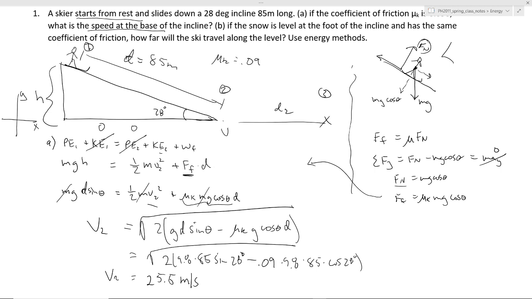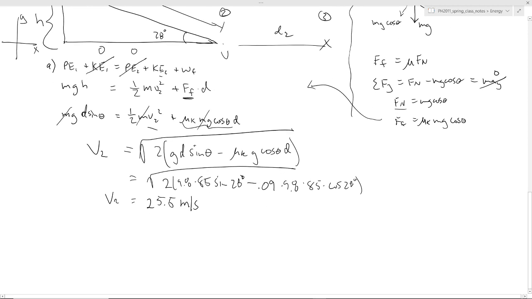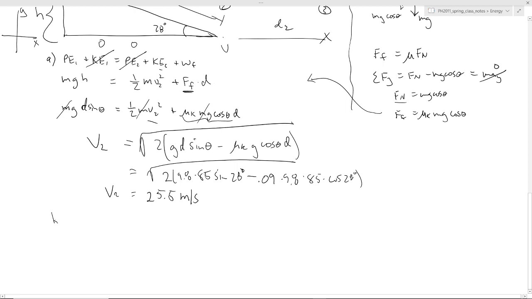And let's not forget the second part. We want to know how far he's going to go. So if we know the velocity at 2, we know the kinetic energy. If we know the kinetic energy, we can figure out how far he's going to go. So let's do that too. So part B, let me just lay it out here. I'll put in all the parts, even though many of these are going to be 0. So in other words,